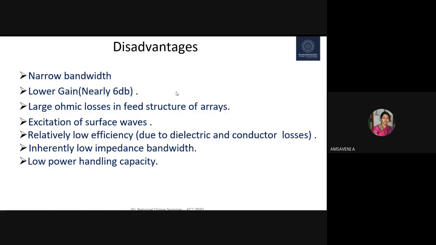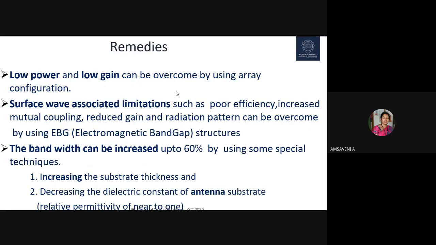It provides lower gain and large ohmic losses. Even though it has these limitations, still it is used in many applications due to other advantages, such as low power handling capacity. So how to improve? Actually, it provides low efficiency and